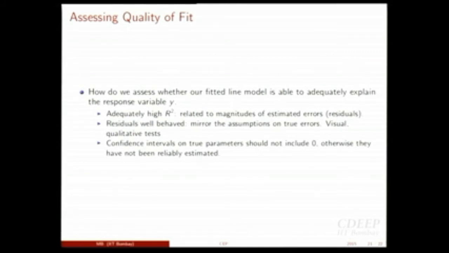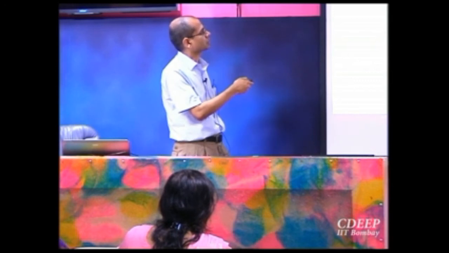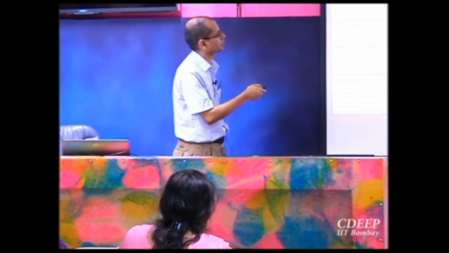See, whatever are your fit errors, whatever are these errors, the distance between these x and the green line. If your model is correct, if your assumed model form, in this case a straight line, is correct, then whatever are these fit errors, these are also called residuals or estimates of the true errors, they should actually represent the properties that you assumed about the true error epsilon in the first place. You assumed epsilon was 0 mean.